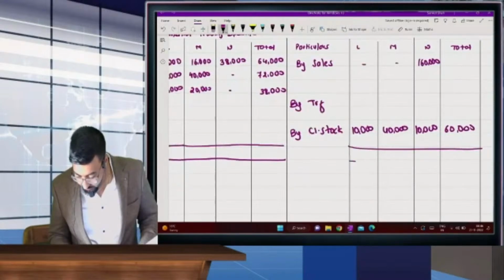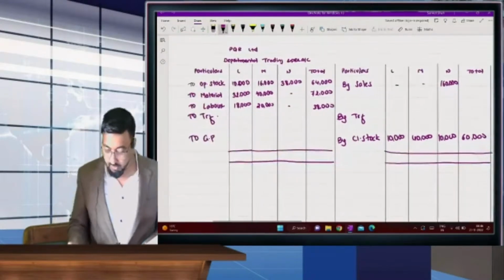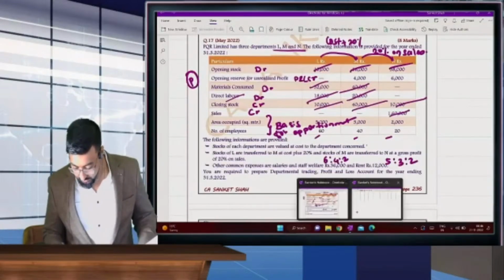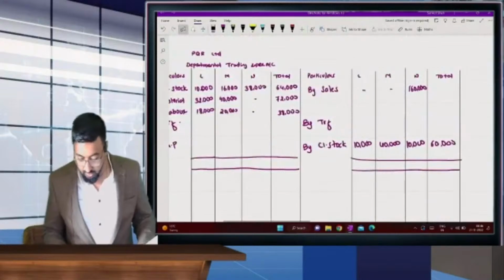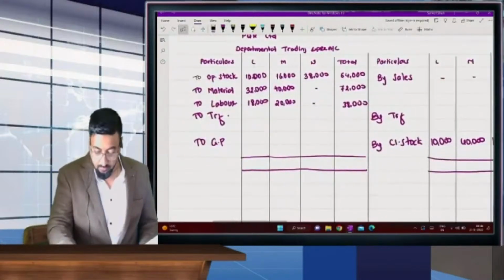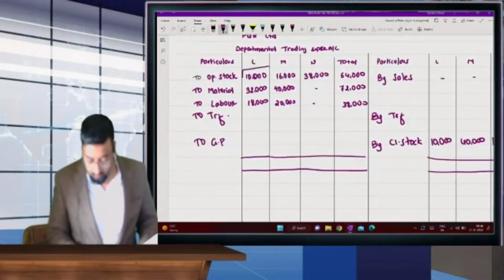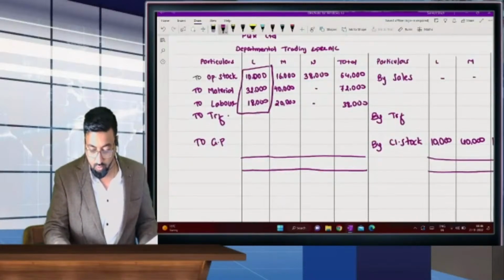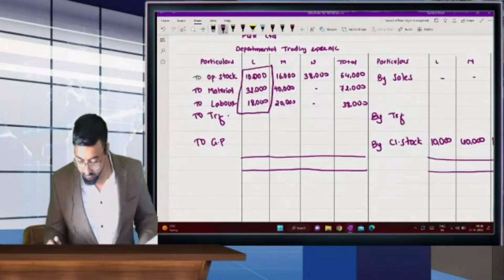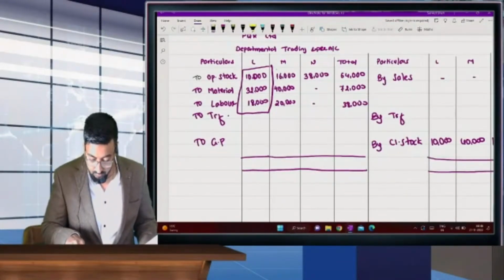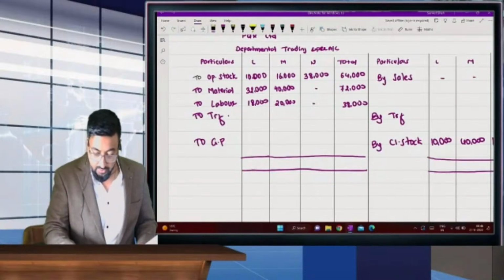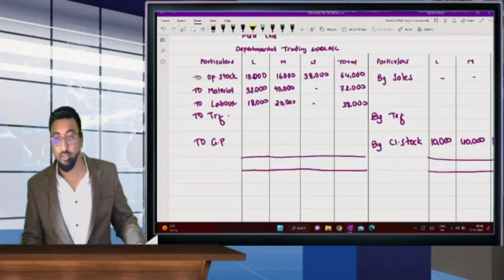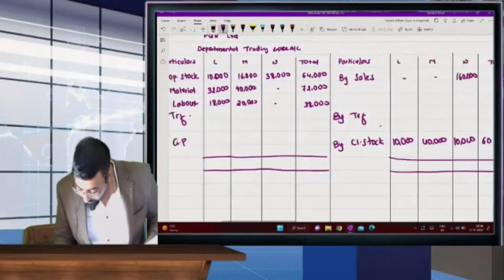Now see, transfer is at, we have written cost plus 20%. So cost, first we will calculate cost. So cost is 10,000 plus 32,000. Take on calci, 10,000 plus 32,000 plus 18,000 minus 10,000. So 50,000. So transfer 50,000